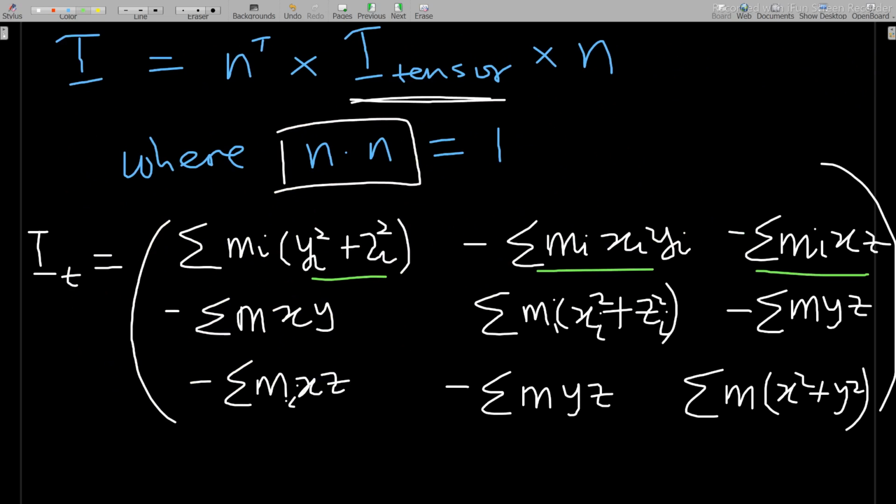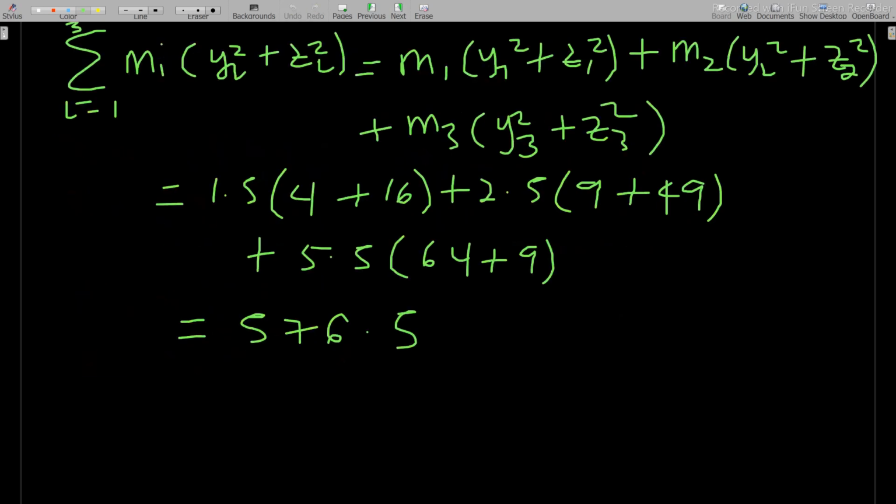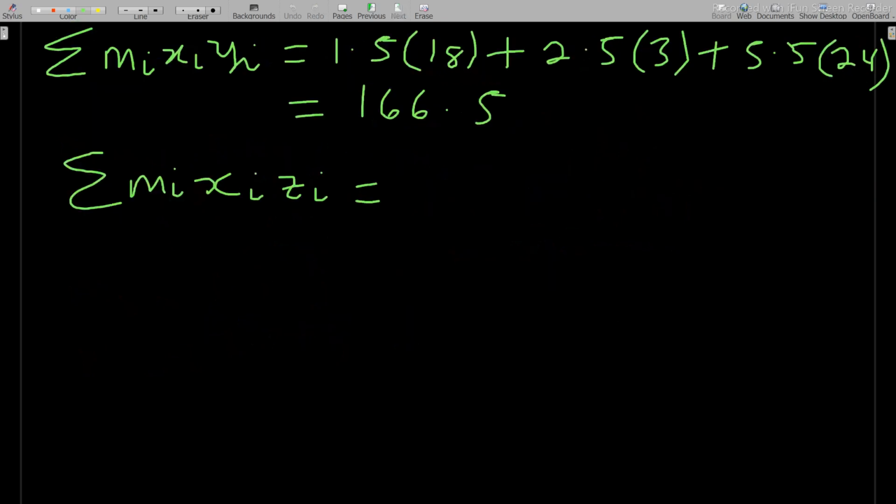Okay, but if you could see, this is the same as this one, so if you are done with this, it means we can also find this. Okay, they are the same. All right, and also with the z and x, this is also the same as this. Okay, so once we are done with that one too, we'll be able to use it as well. Okay, so it means this one is also equal to 1.5